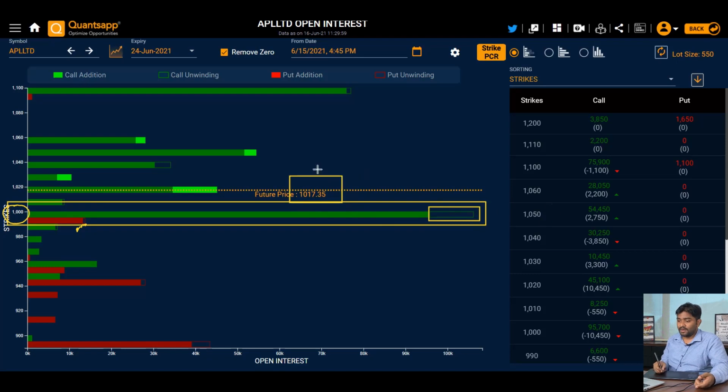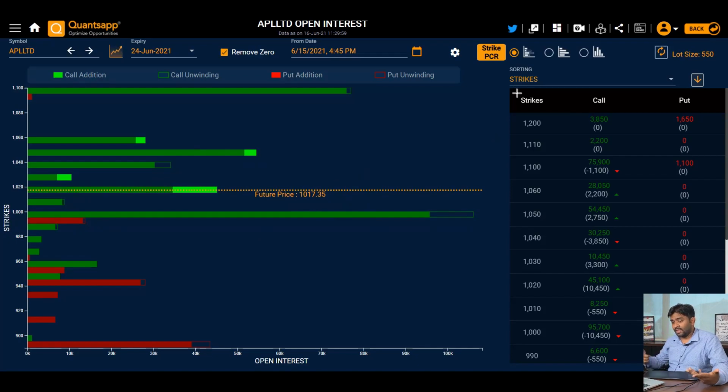And probably these people might have shifted to this call option, or probably this call option. So that could be the case. Now, when price was breaking this level of the 1000 call option, are we able to find very easily that this breakout is genuine? So how do we identify if we should be taking the trade?